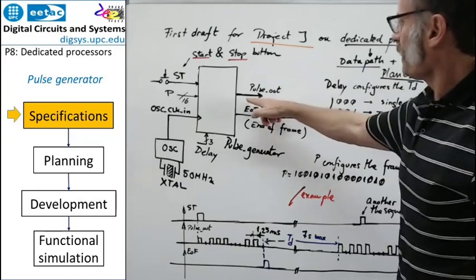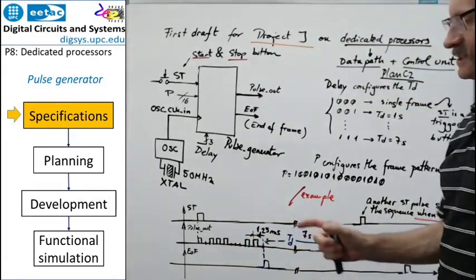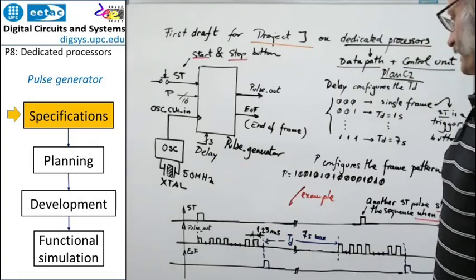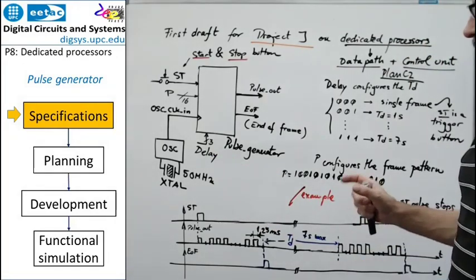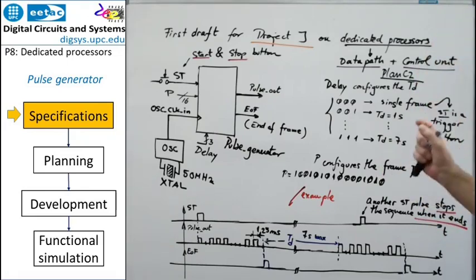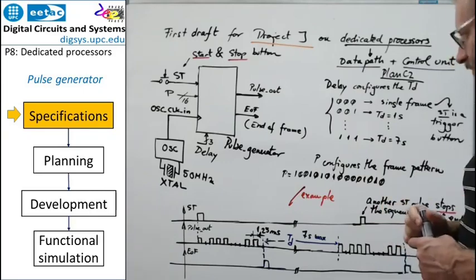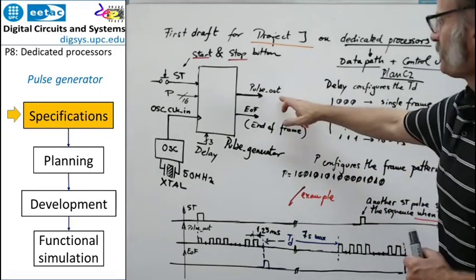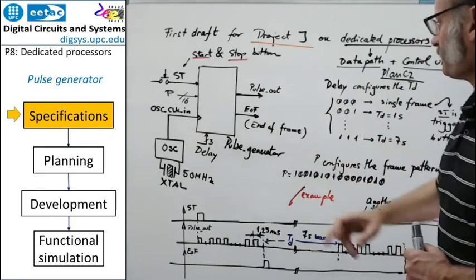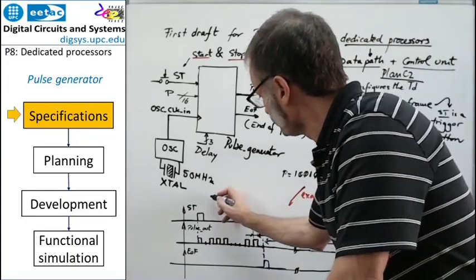So here you are, the pulse output that is going to look like this, a sequence of pulses, and then some additional outputs that give you an insight into when the frame of pulses is going to end. Okay, so this is the pulse out and end of frame. And this means that when you click the start button,